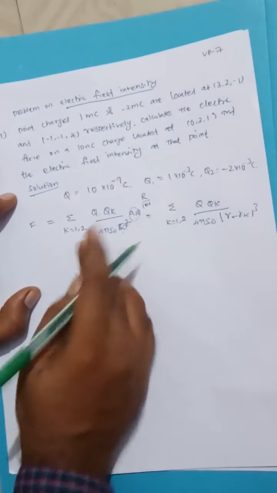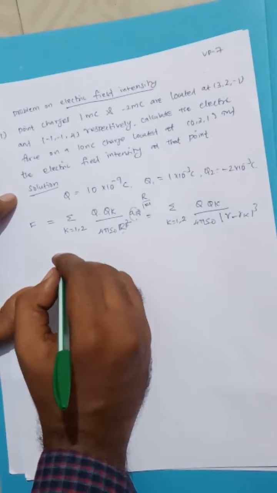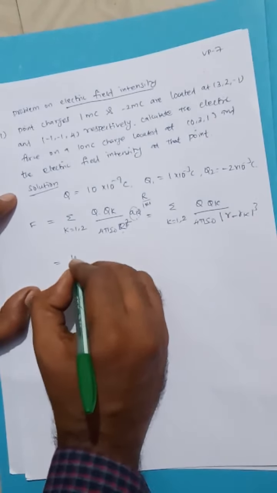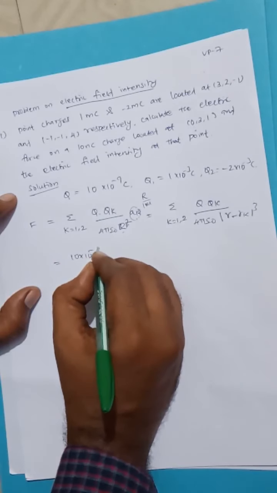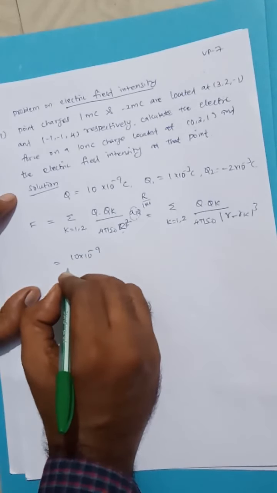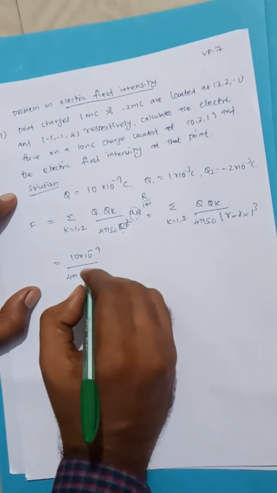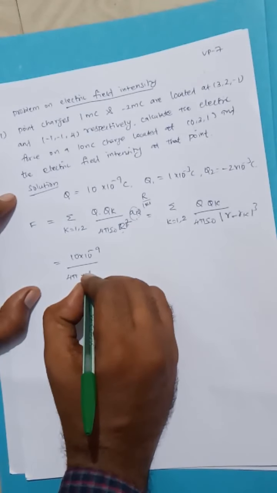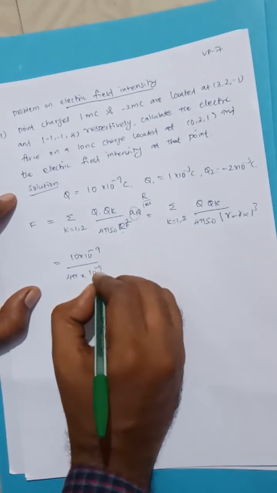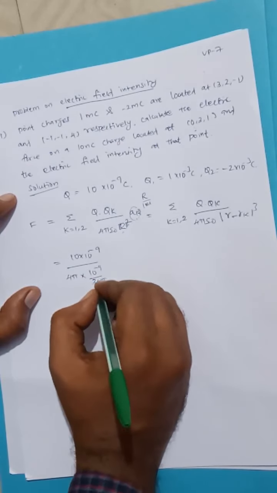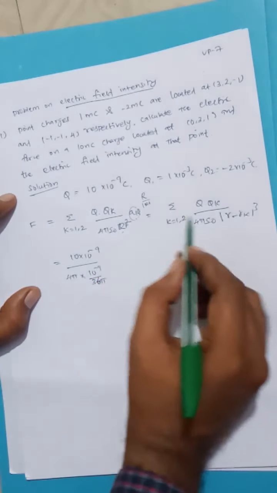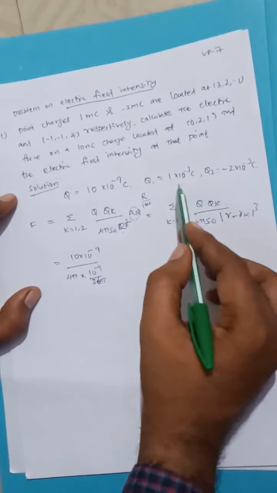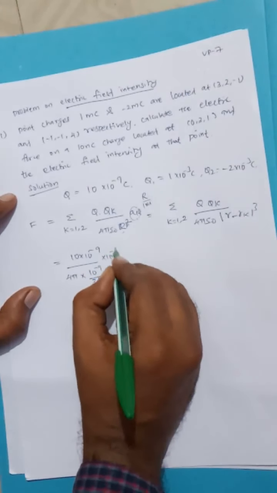So now we need to substitute the values. Let me take the constants outside, Q by 4 pi epsilon naught. Q is given by 10 nanocoulomb, divided by 4 pi epsilon naught, where epsilon naught is the free space permittivity. It can be 8.854 into 10 power minus 12, or else for simplicity I can use 10 power minus 9 by 36 pi, so that the terms cancel out easily. Also the charges here, Qk, are Q1 and Q2, right? Both Q1 and Q2 are in the millicoulomb range, so let me take the 10 power minus 3 outside.